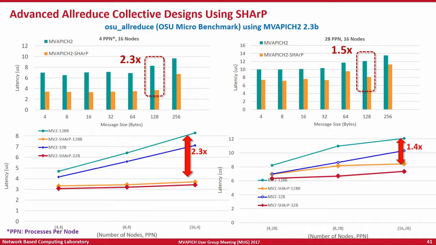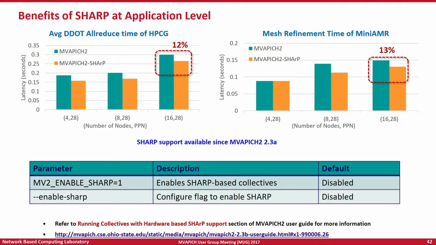These are the benefits you see with the HPCG high performance conjugate gradient benchmark, which is being touted as the next HPL, or a replacement to the HPL, depending on whom you talk to. And also with the mini AMR, or adaptive mesh refinement, algorithm. You see that we get pretty constant benefits at different scales. And just like with hardware multicast, there is a configuration time and a runtime flag that you need to use to enable this particular feature. More details are available in the MVAPICH2 user guide. So if your system does support these things, give it a shot.